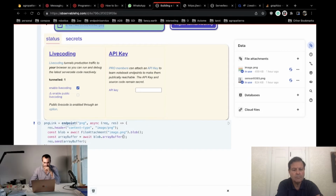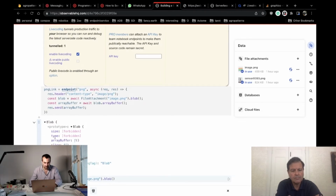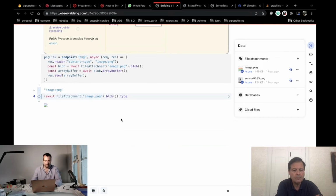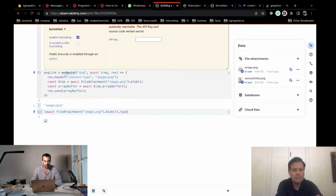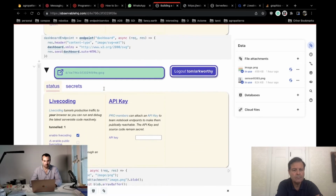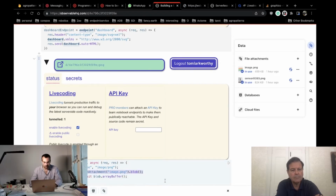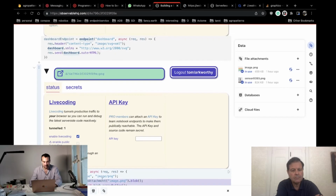And the way we did it was we got it as a blob. What is a blob? This is all a bit blob. This has its own type, I bet. Dot type image dash PNG. Yeah. So the content type is image slash PNG. What did we go in? Image slash SVG. So we were right on the header bit, and then I think it wants to do it as binary data. So let's